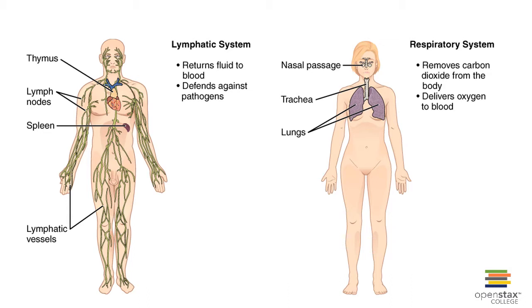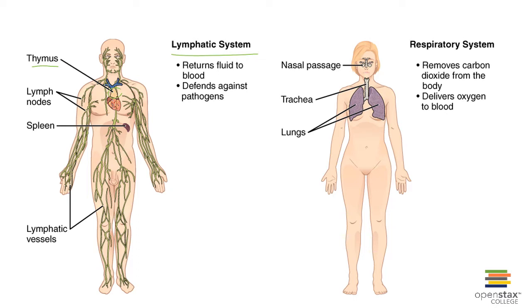Now, over the next couple of slides, we're going to talk about some of the major systems in the body. What you're responsible for is knowing some of the major organs in these systems and what each system does. The first one we're going to start off with, I'll just do it in green, is the lymphatic system. It helps return fluid to the blood, and it helps defend against pathogens. The lymphatic system kind of works together with the immune system, which we'll talk about a little bit later. Some of the major organs in the lymphatic system are the thymus, which is located right there,